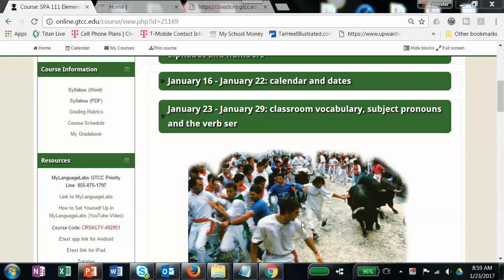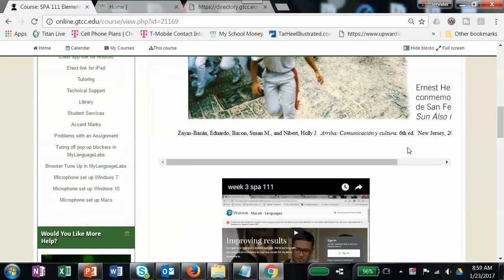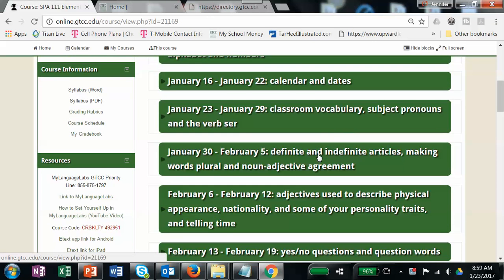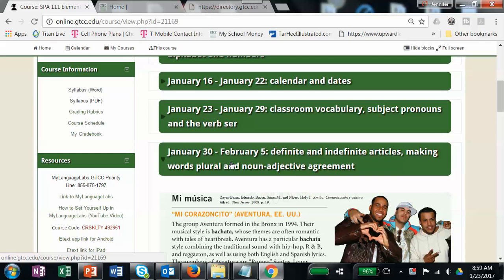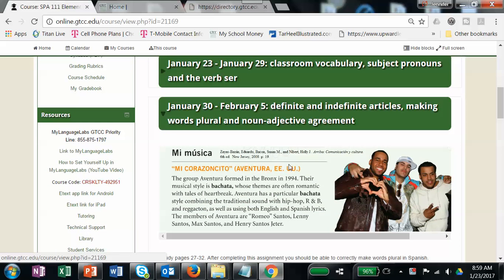Okay, so I wanted to go ahead and explain to you what you have to do for this coming week, the 30th through the 5th. As you can see, we will be studying definite and indefinite articles, which are the, a, an, and some in English, making words plural, and noun-adjective agreement. So being able to change bus to buses or cup to cups,